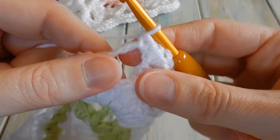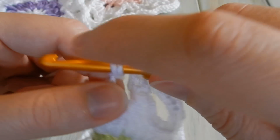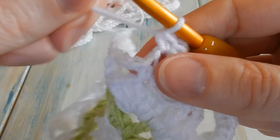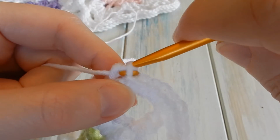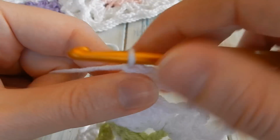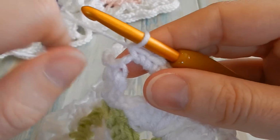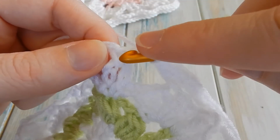So 4 single crochet in the next 4 chain space, 2, 3, 4. It's probably the most boring round, I think, this last one. Single crochet in the next single crochet, then 4 single crochet in the next 4 chain space, 1, 2, 3, 4, then 1 single crochet in the next single crochet,